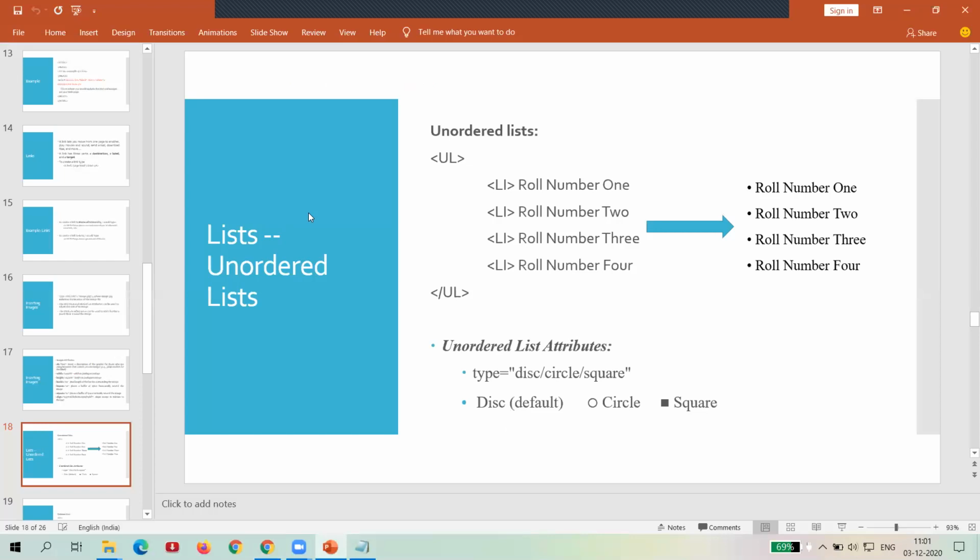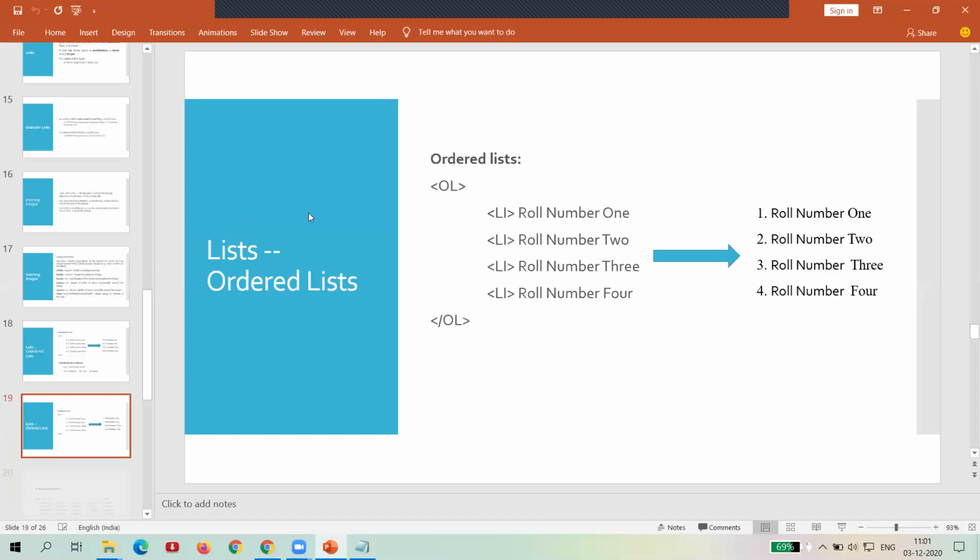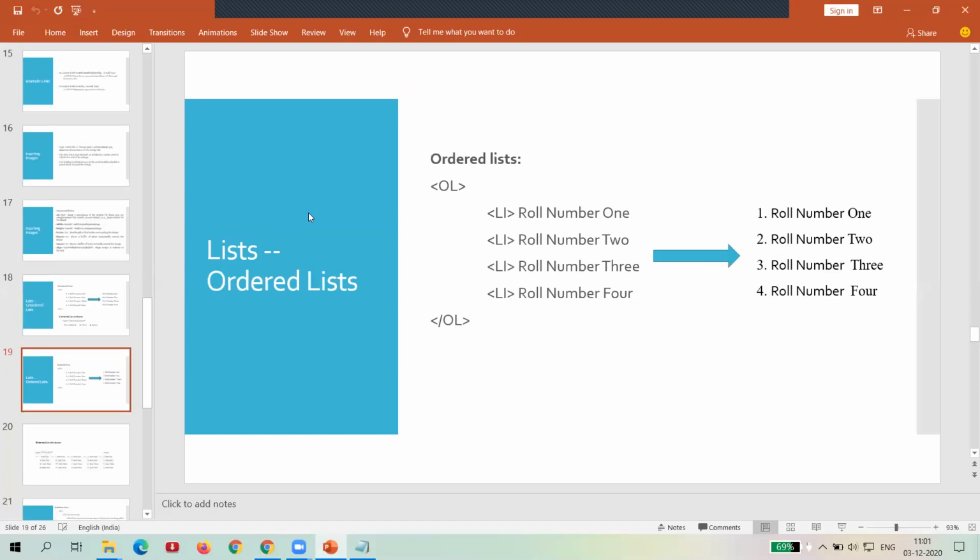Now the next tag is the list tag. In the list tag we have two categories, one that we call unordered list and the other that we call ordered list. So first of all, let's go for that difference. What is the meaning of ordered list and what is the meaning of unordered list?